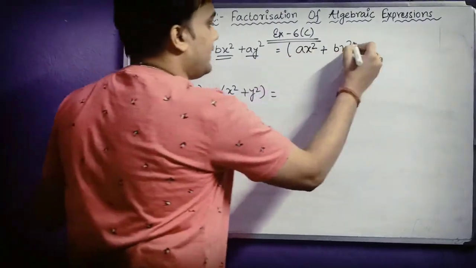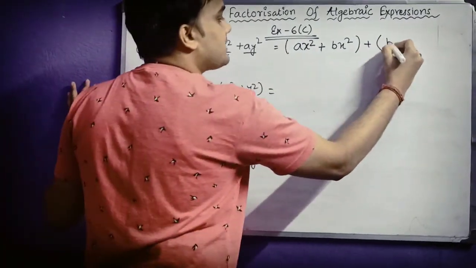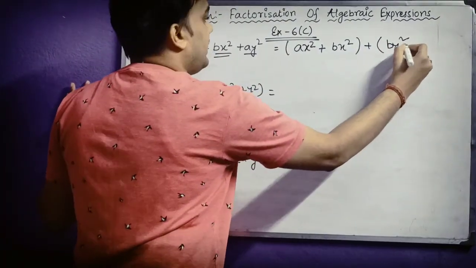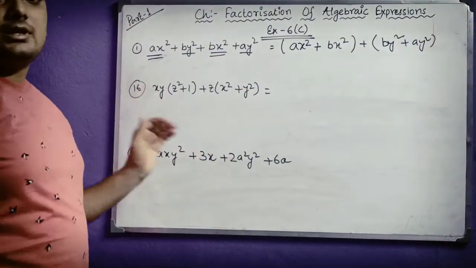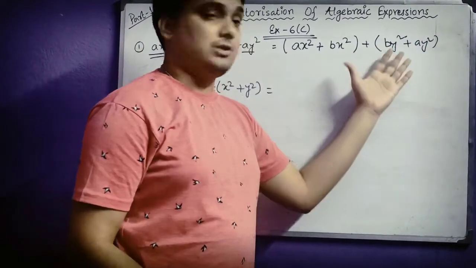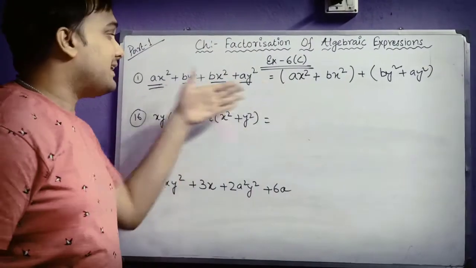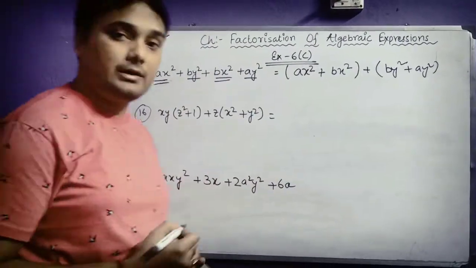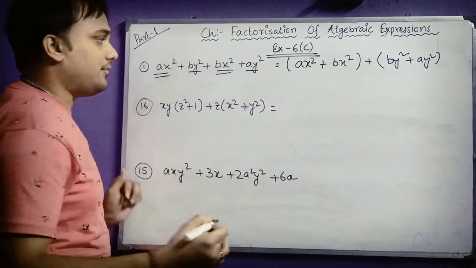Let us give a bracket here. Then plus, the other remaining 2 terms we will write here, by square, as it contains y square, and plus cy square, as it also contains y square. This was the only reason why I have taken these 2 groups with these 2 terms, okay? Sometimes students, you may make a mistake while selecting the proper group. Now how will you understand whether you have made a mistake or not? I will discuss that a little bit afterwards.